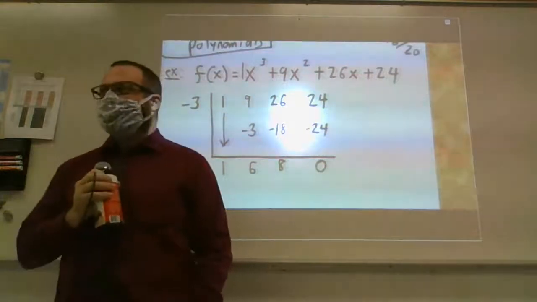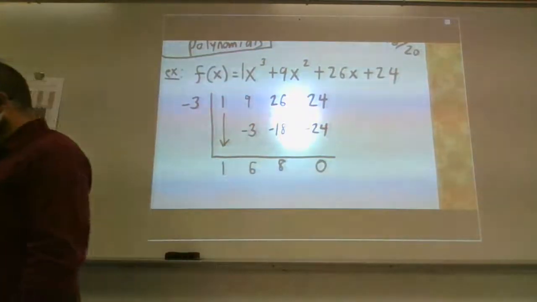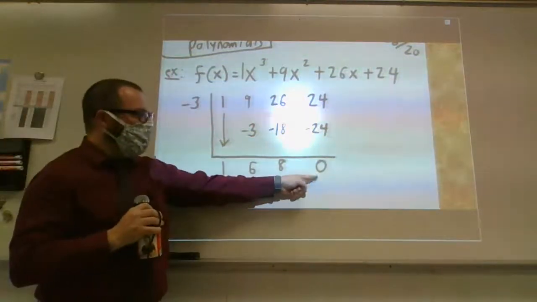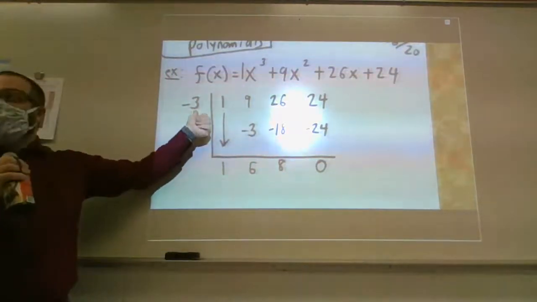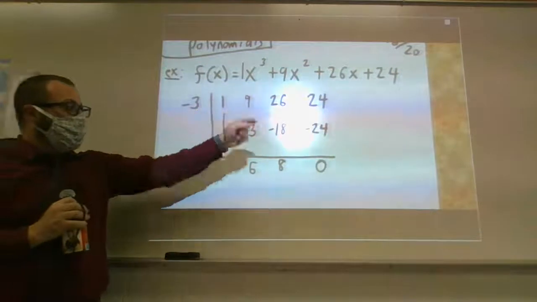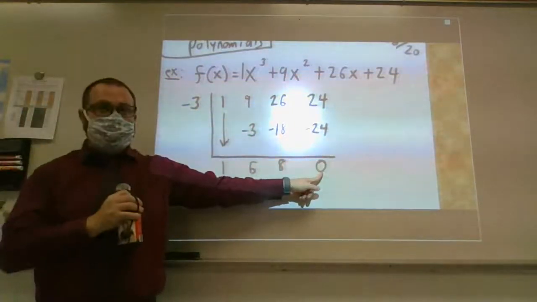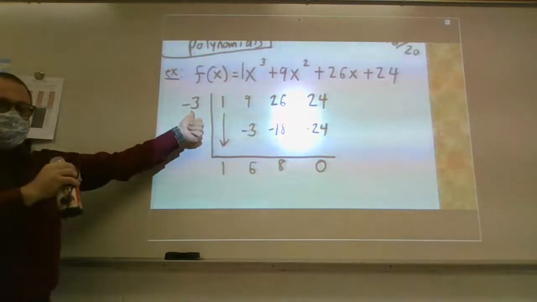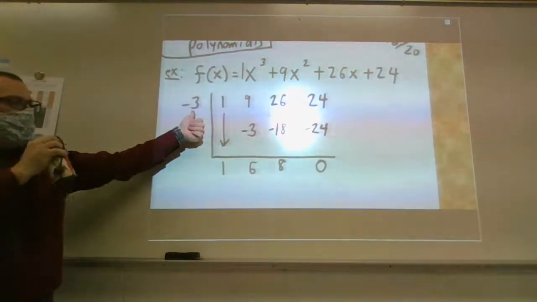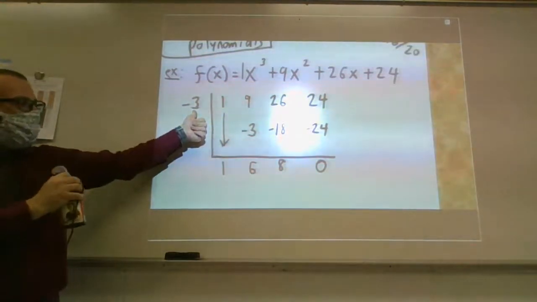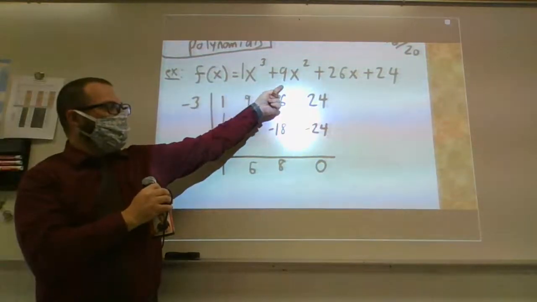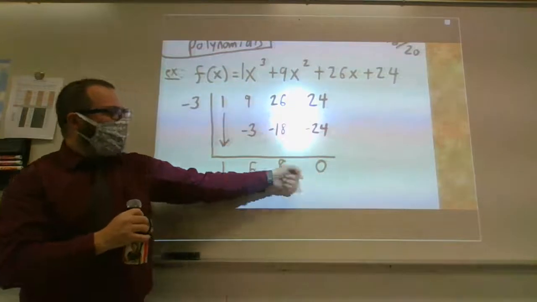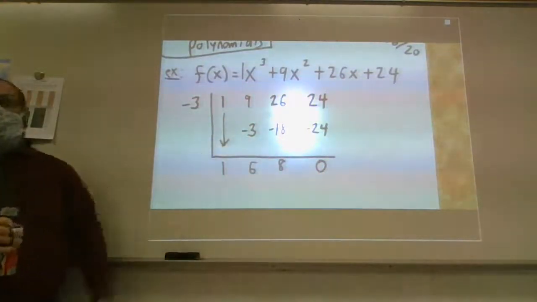Okay. Good. So, this proves so many things. This proves that -3 is indeed an x-intercept. This proves that the factor x plus 3 divides this polynomial. This 0 proves that when you plug in a -3,